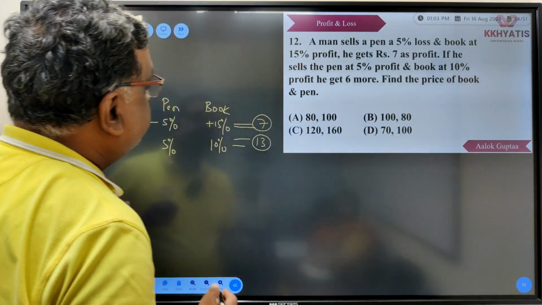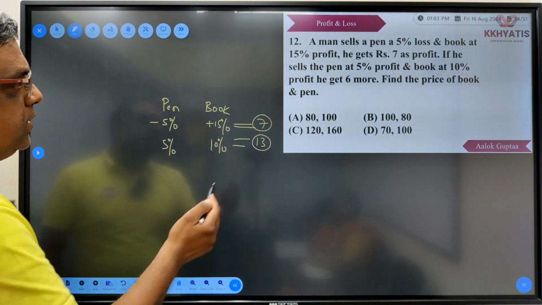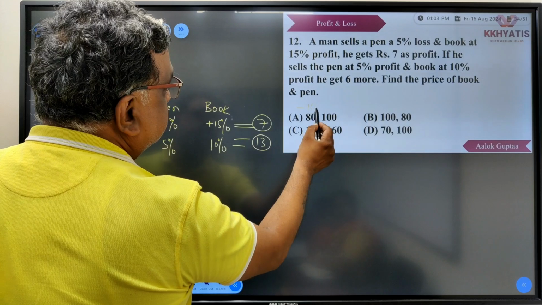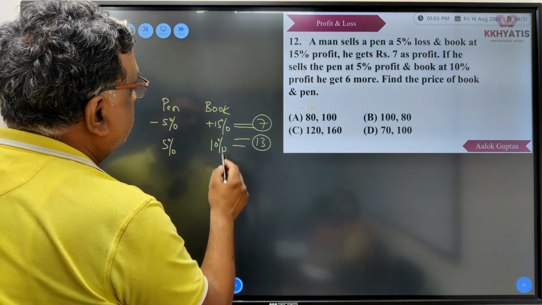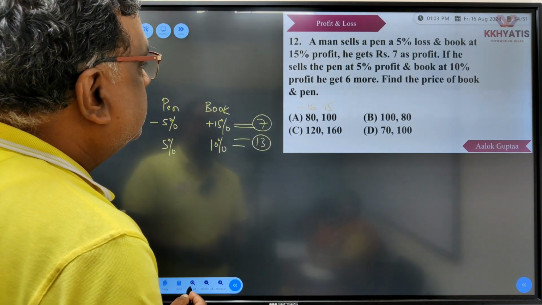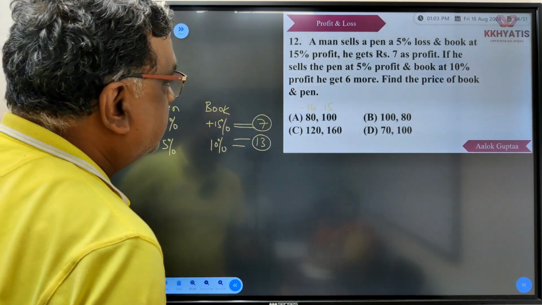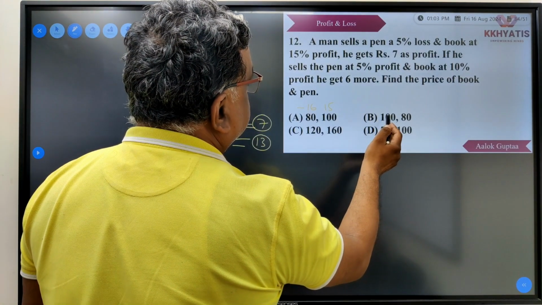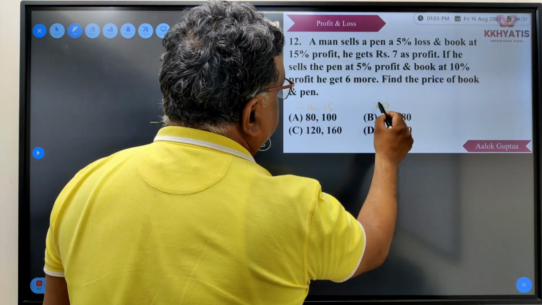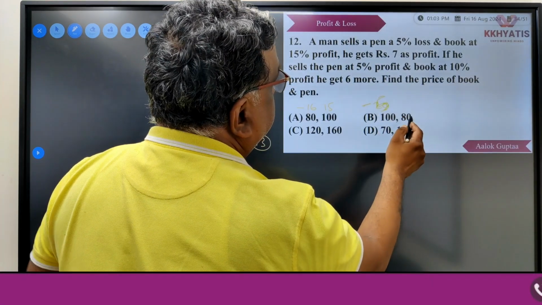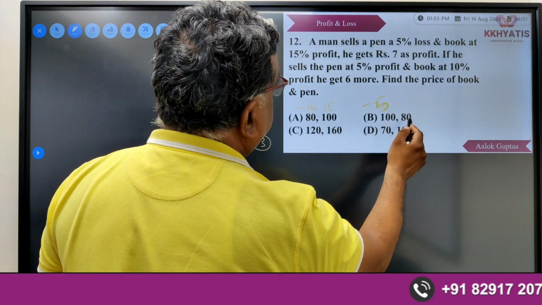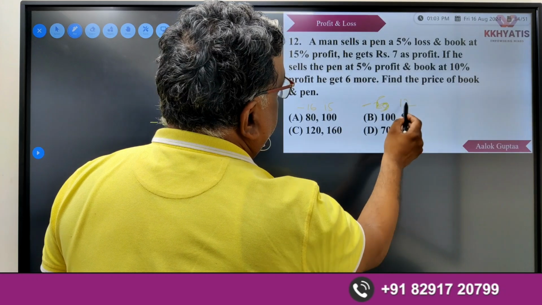4 options are given to us. So let us understand. Let us take this option. So if it is being sold at 5% loss, so minus 16 is the loss, and 15% profit means a profit of 15. So this scenario is not there because it is not amounting to 7. Let us take this. He's selling at 5% loss, which means 5 minus 5, and here it is selling at 15% profit. So 15% profit on 8 is 3/20, 12. So 12 minus 5, 7.